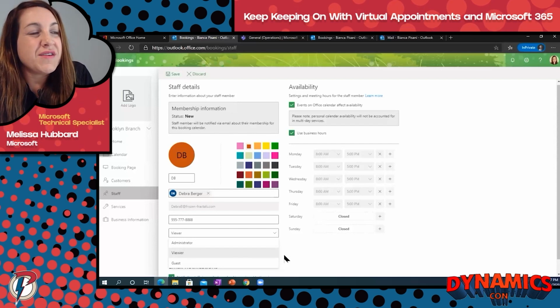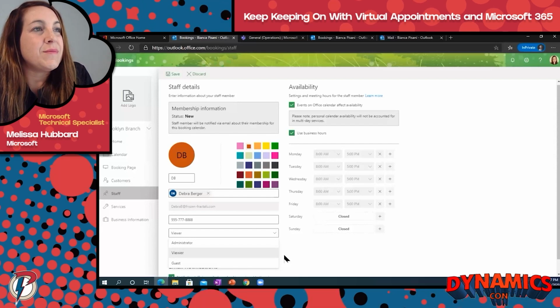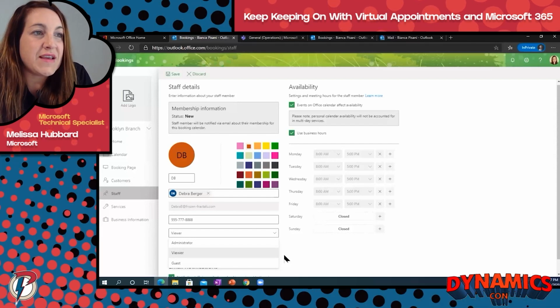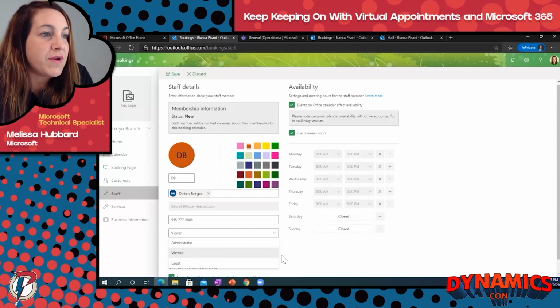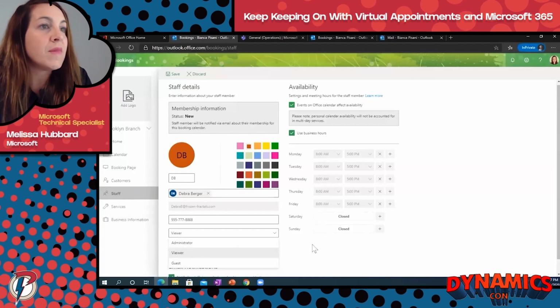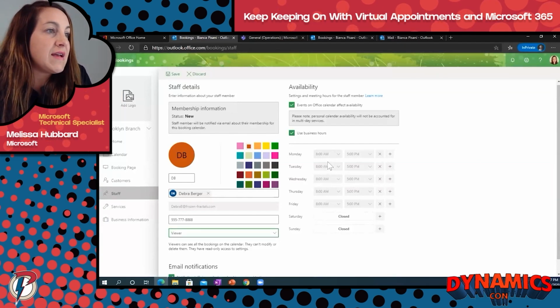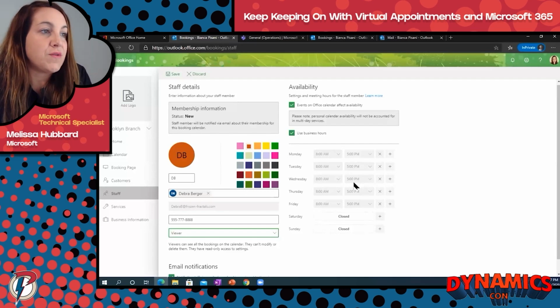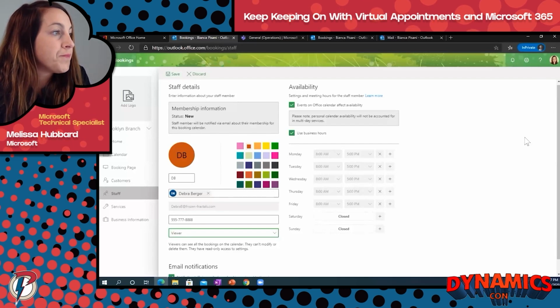So it's not going to show them as busy at times that they have something else on their calendar. So that's one of the major things that would be missing with it, but it is nice to know that it is possible. And here I can set business hours for this person, so their schedule essentially.